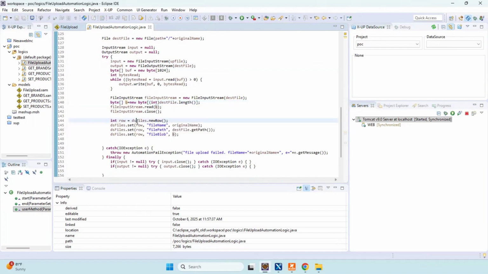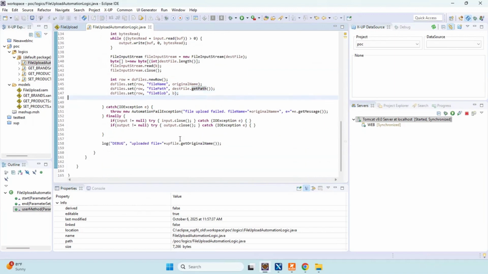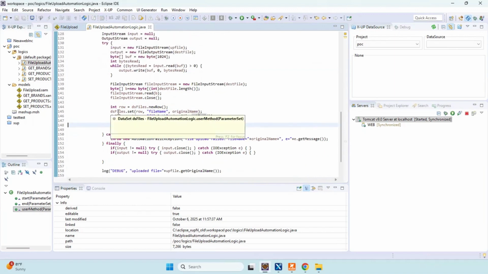So we add a new row to the DS file. We set the row and file name, original name, file path as the destination file path, and the file blob as the byte array here. And this is the data set that is being sent back to the client.